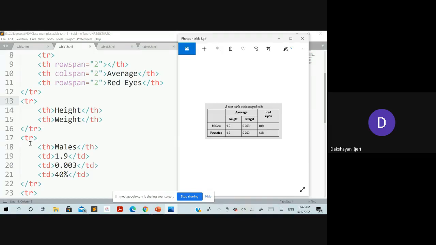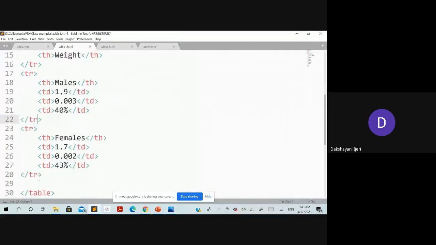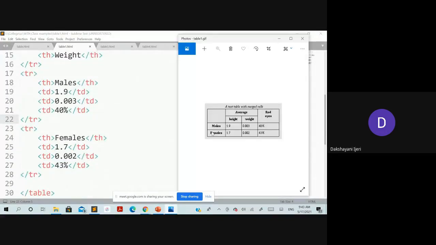So the next tr, open it. From here you can see this first element is once again the heading. So take that with the th, followed by the rest of the content, which is normal text; include them with the respective tds and close the tr. And similarly for the further elements, make this females a heading with the th, and the rest of the contents with the tds, close that tr, and finally close that table. So this entire thing is going to give you this tabular structure.